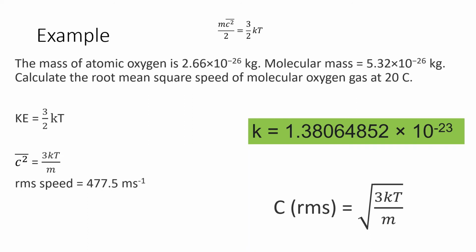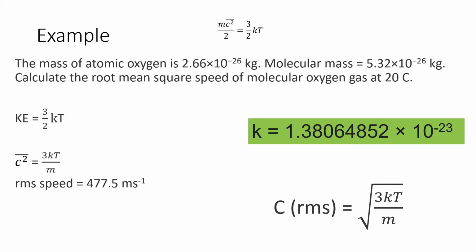So the 2's cancel out because it's at the bottom of the fraction. You end up with 3kT. Divide by m to get c squared, and then you square root that. You get the root mean square. So the equation for root mean square is the square root of 3kT divided by m, and